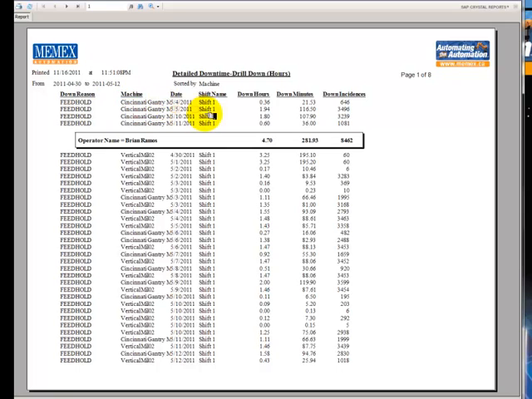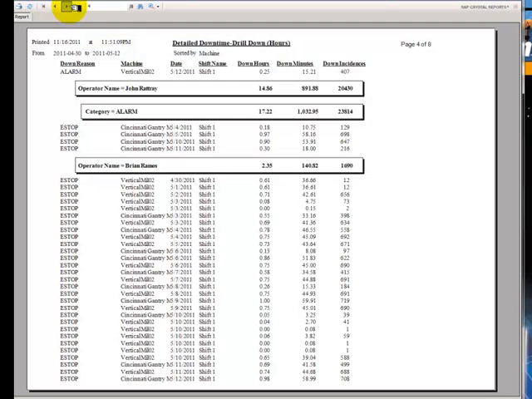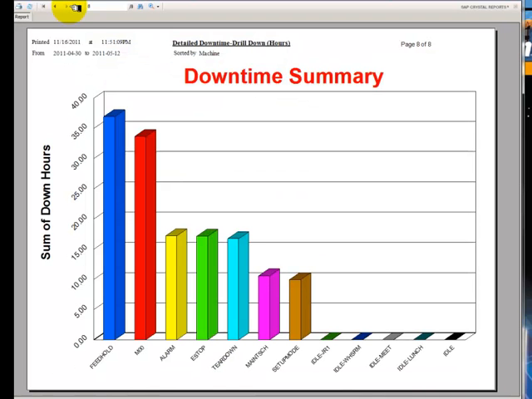Gantry Mill, shift number 1, downtime, down minutes, down instances, on total by operator, because that's what we asked it to do. And if we cycle through and look at a few more, again, operator John Rattray, status of what was going on for each particular downtime, and we can cycle through to an overall total, and we get a downtime summary charts in terms of Pareto, how actually things worked. So we can see that this is easy enough to put together and do, and we exit from this one